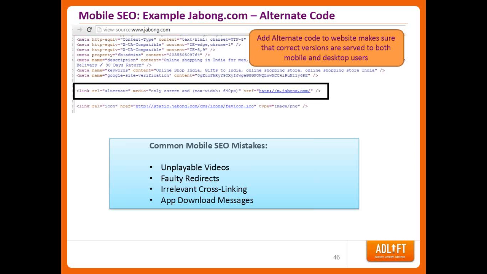The other one is app download messages. Make sure that they are visiting your website on a regular basis, and then telling them to download your app. It's not actually good